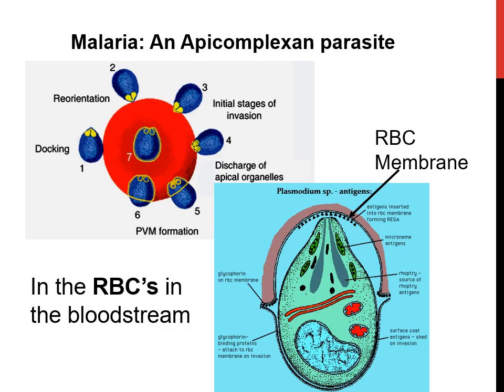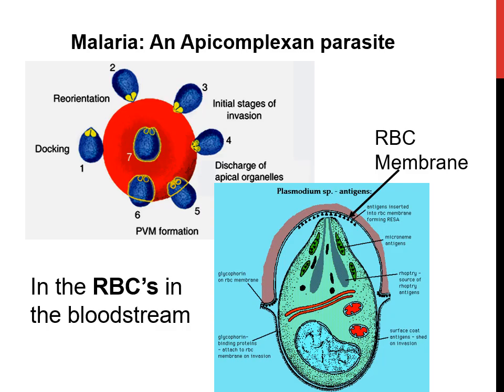So when the Plasmodium parasite comes to invade the red blood cell, it cannot be taken up by phagocytosis. There is no phagocytosis in the RBC. But what happens rather, if you look at the red colored RBC in this slide with the parasite drawn in blue, you notice we have numbers 1, 2, 3 up to 6 or 7. You notice that the parasite comes to dock. Actually, it attaches to the RBC membrane.